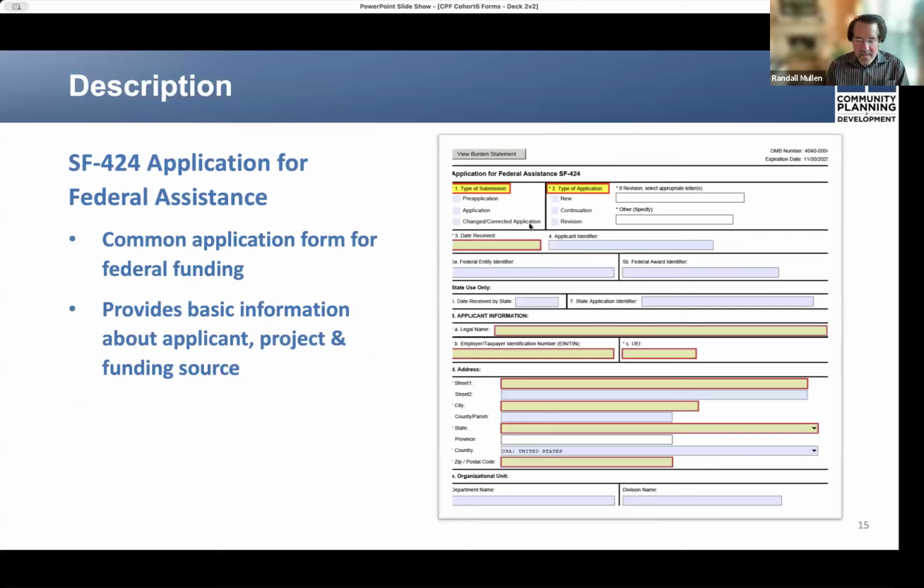The SF-424, as I mentioned, is the application form for all organizations, including both sets of grantees, to receive federal funding from either HUD or other departments. It provides basic information on your organization as a grantee, which requests those funds made available by a special appropriation of Congress. As such, your organization is viewed as an applicant, and you must carefully identify and describe the organization along with the planned community project and its funding source.